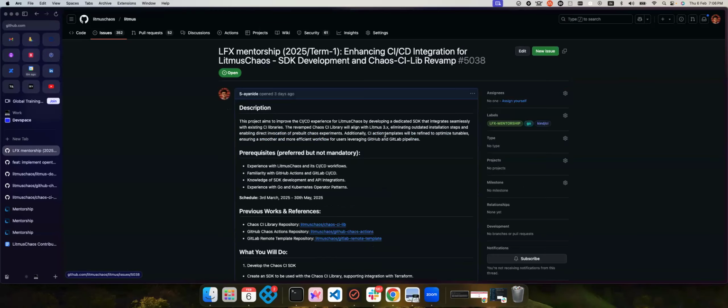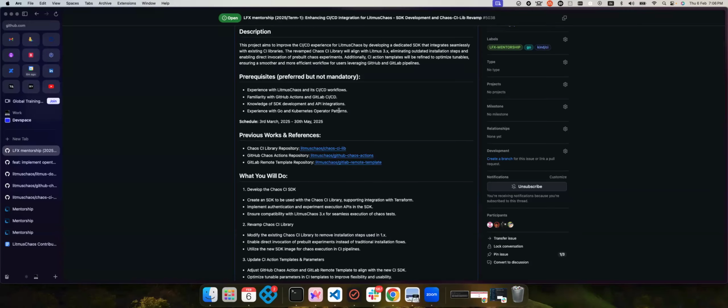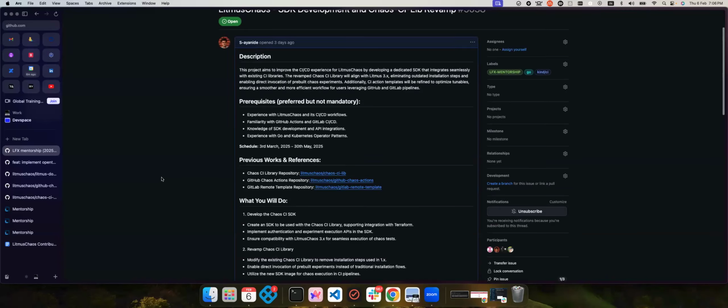open this one specifically, the schedule is 3rd March to 30th May for the whole program, but the mentees, whoever are planning to apply, can apply up until 18th of Feb. So that is the overall deadline for application. As you can see, it went live on the 5th, so you can already start applying.